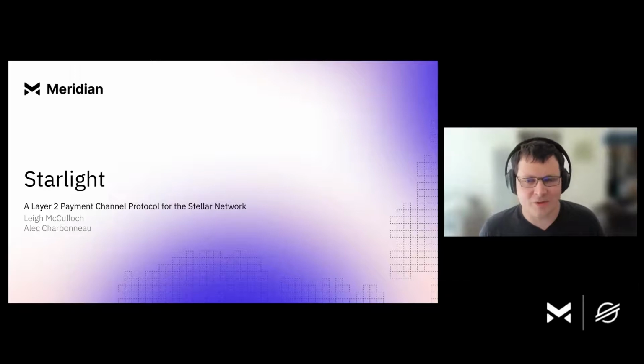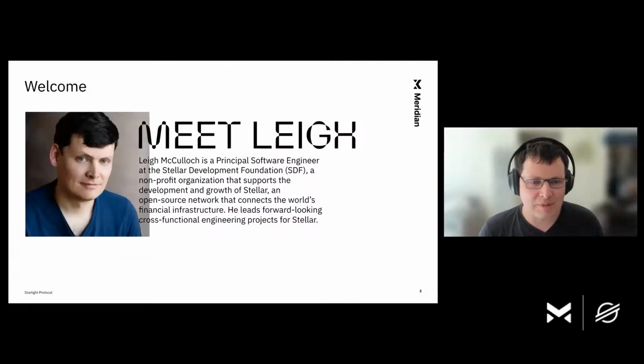Starlight is a layer 2 payment channel protocol for the Stellar network. I'm Leigh McCulloch. I'm a principal software engineer at the Stellar Development Foundation. I joined the engineering team in 2019, and I work on ecosystem standards, core advancement proposals, and experimental projects like